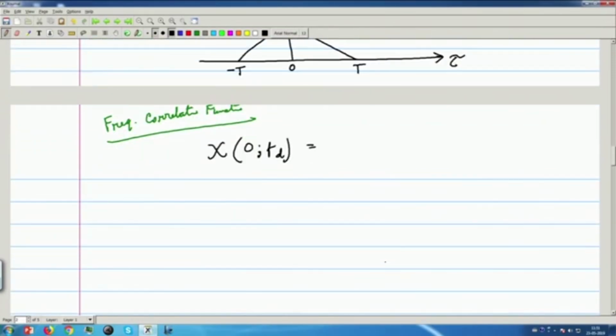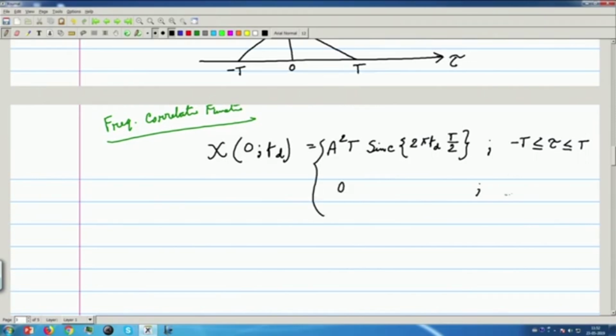That will be s square t, then sinc of 2 pi f d t by 2, for minus t less than tau less than t, and 0 elsewhere. Okay. So, we can draw this thing,